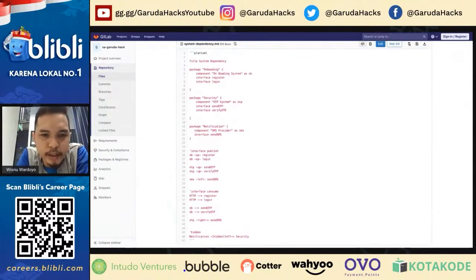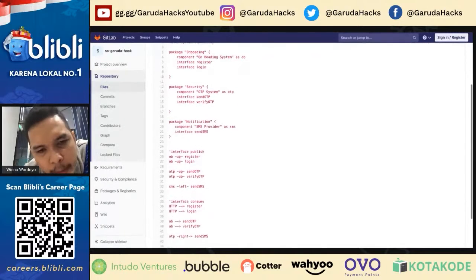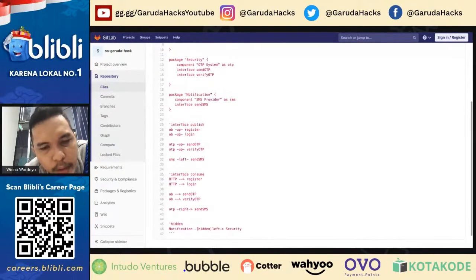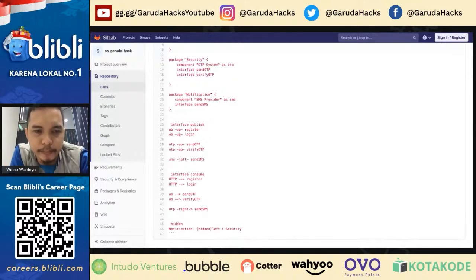The second one is the interface publish section, and then the interface consume. If you can see line number 25, that is the comment. The code is not executed, so basically it's like a comment in the code. So I divide the code by those sections.